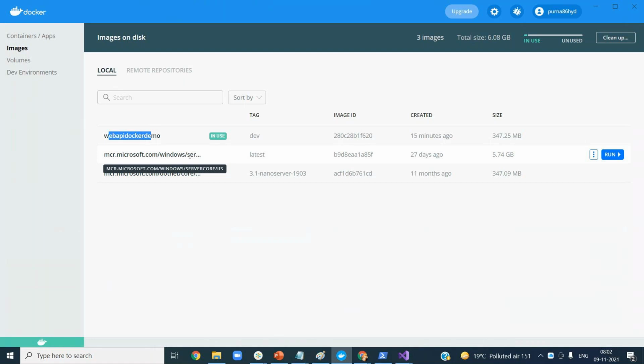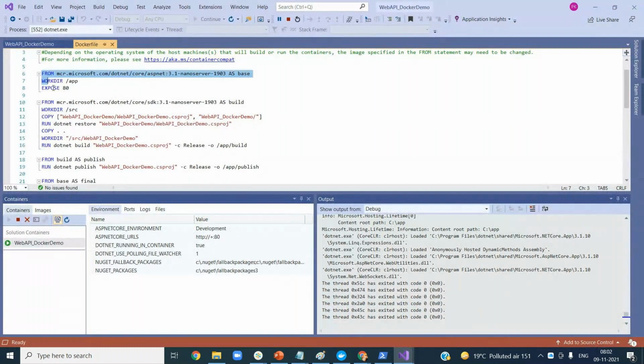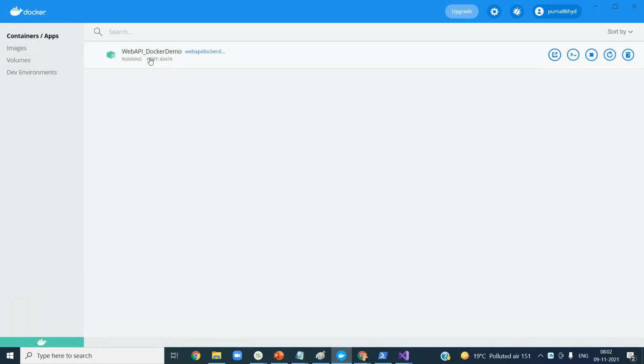mcr.microsoft.com/windows/servercore/iis, because IIS is required, and then ASP.NET runtime. Okay, and all this is based on our docker file basically, what you see here from top to bottom. Okay, and then this is the image in your local, and in containers, if you see, the container is already running on the 60476 port basically. Okay, if you go to your browser,